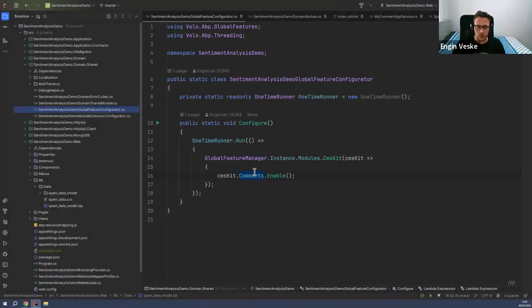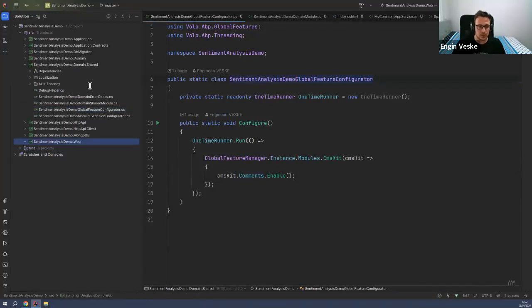If you look at the global feature configurator class, you will see it in the demo shared project. This is already created for you when you create a new ABP solution. So the only thing you need to do is add these four lines of code to enable the related feature that you want. Then you need to create a migration if you are using Entity Framework Core and apply it